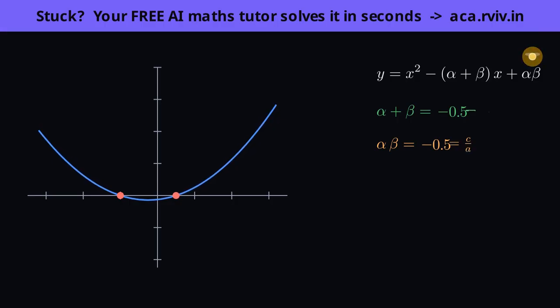And here is the punchline, straight from that expansion. For x squared plus bx plus c, matching terms, b must equal minus alpha plus beta, so the sum of the zeros is minus b, and c must equal alpha beta, so the product is c. Written for a general leading coefficient a, that sum equals minus b over a and product equals c over a. Nothing memorized, it fell straight out of multiplying the factors. The zeros and the coefficients are the same information, told two ways.